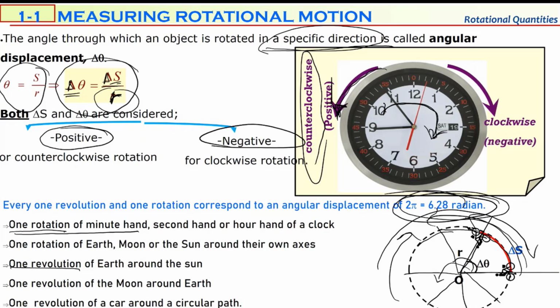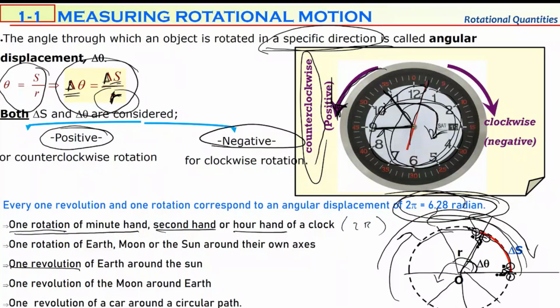One rotation of the minute hand. This is the minute hand of the clock. Every one rotation of the second hand. This red one is the second hand of the clock. The shortest one is the hour hand of the clock. But every one rotation corresponds to an angular displacement equal to 2 pi radian,